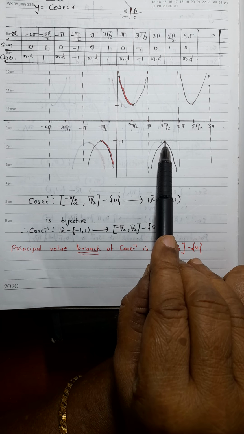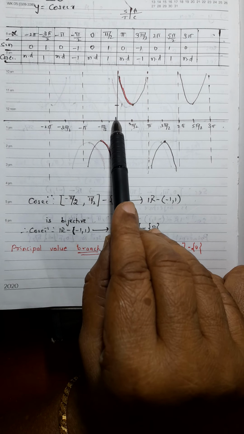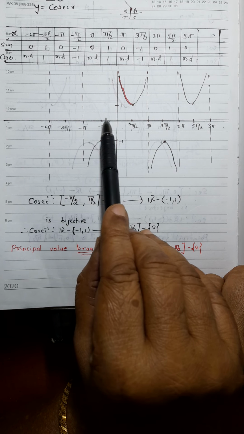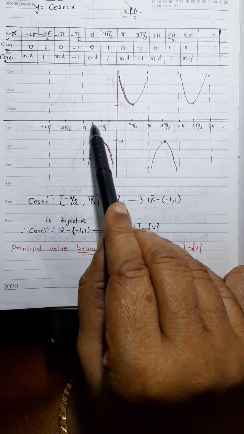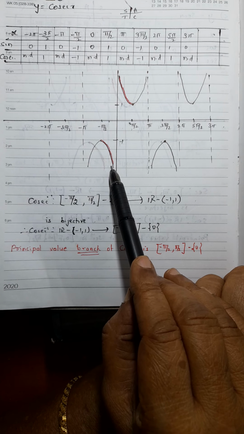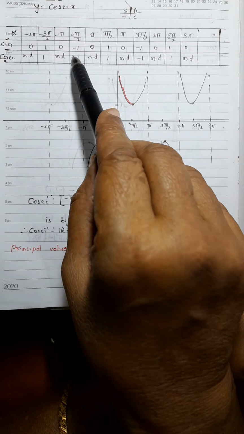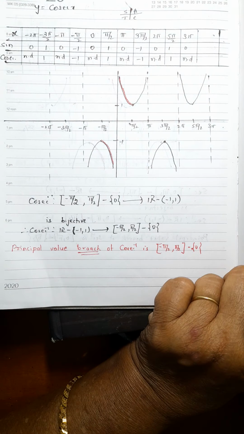So it will come like this. So this will be the graph. And here in the fourth quadrant it is negative. And this is also third quadrant. When you come in reverse way, this is third quadrant, it is negative. So the curve will be like this. At minus pi by 2 it is minus 1. So it will be like this.